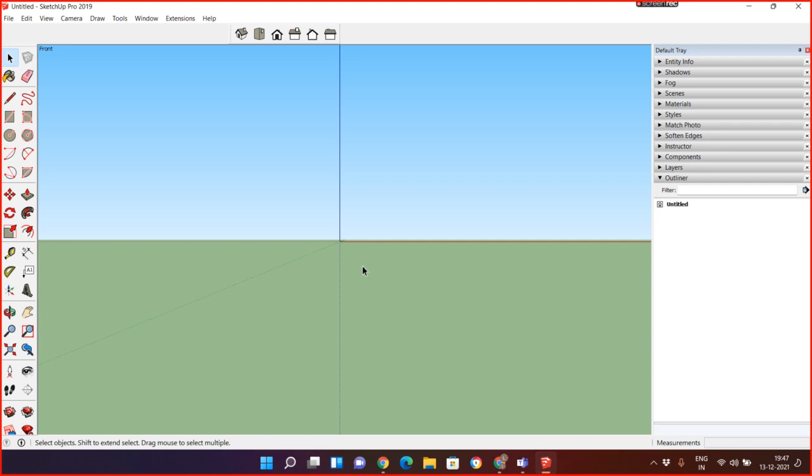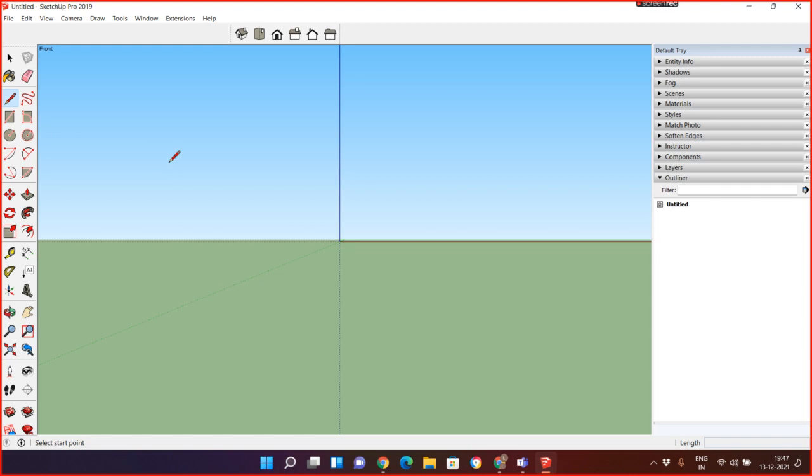Yeah. Now the next part. So till now we learned how we can navigate, how we can control, what is perspective and what is parallel. That much is about controlling the screen and how we can start the work. Now if we're talking about units, we select the unit before starting. After the start we can't change the unit. So remember, if you want to work in mm, just select mm. If you want to work with feet and inches, you can select feet and inches. So now I'm working with feet and inches, and this is the pen tool.